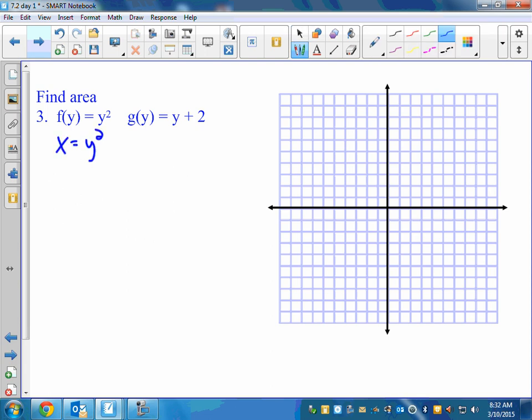Yeah, that's a sideways parabola, right? Because remember, y equals x squared is a parabola opening up. X equals y squared means it's a parabola opening to the side. If you don't know that, you can make an xy chart, but remember when it's solved like this,